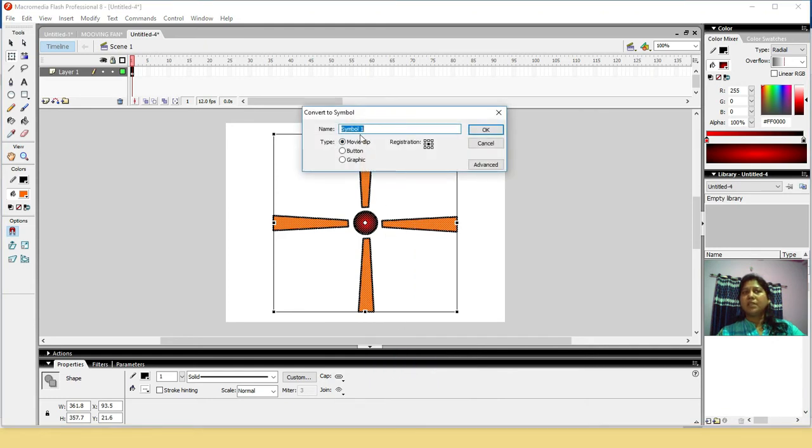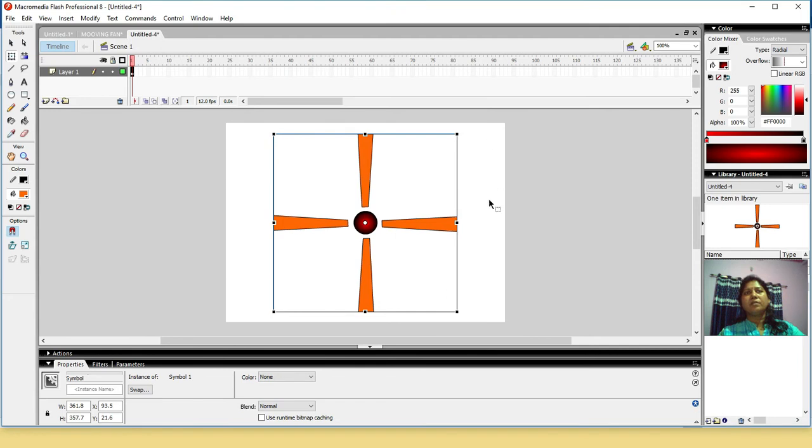Symbol 1 is there, you may change it. Movie clip is there, and check this registration point. As this one is in the center, you may drag it. If the position is in a different place, you can drag it and place it here, because it should be moved to the center of your stage.